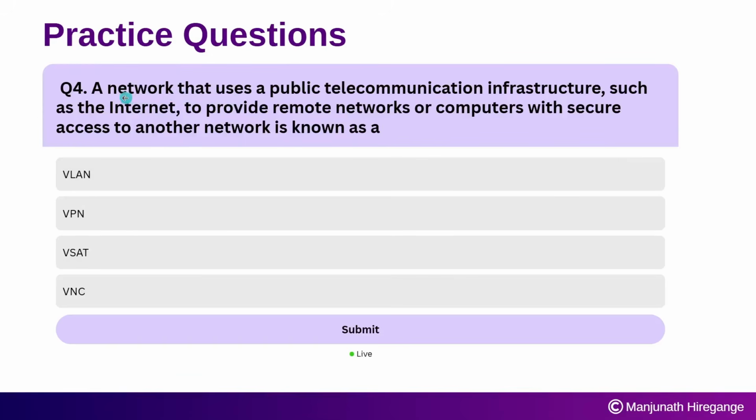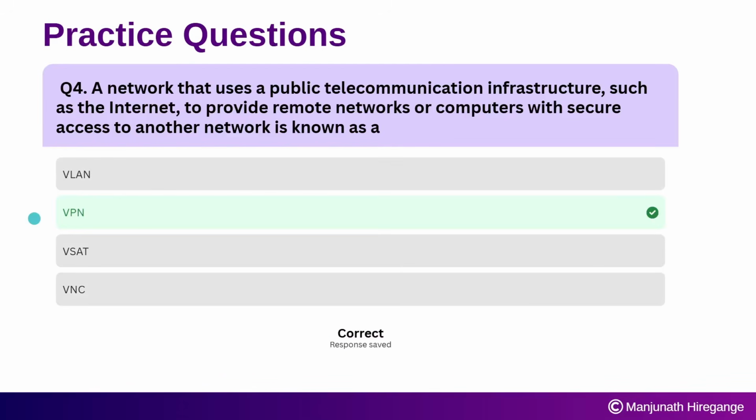Next question. A network that uses a public telecommunication infrastructure such as the internet to provide remote networks or computers with secure access to another network is known as VLAN, VPN, VSAT, or VNC. As you can see in the question, read carefully: it uses a public telecommunication infrastructure, for example the internet, to provide remote networks or computers with secure access. So the key words are internet, remote, secure. So the right answer is